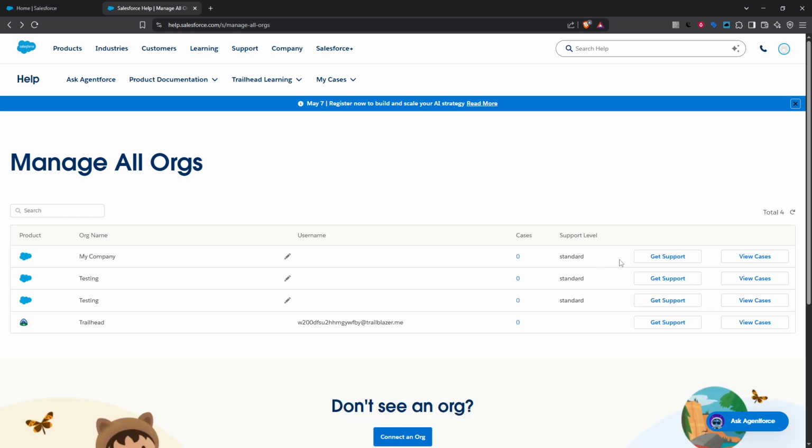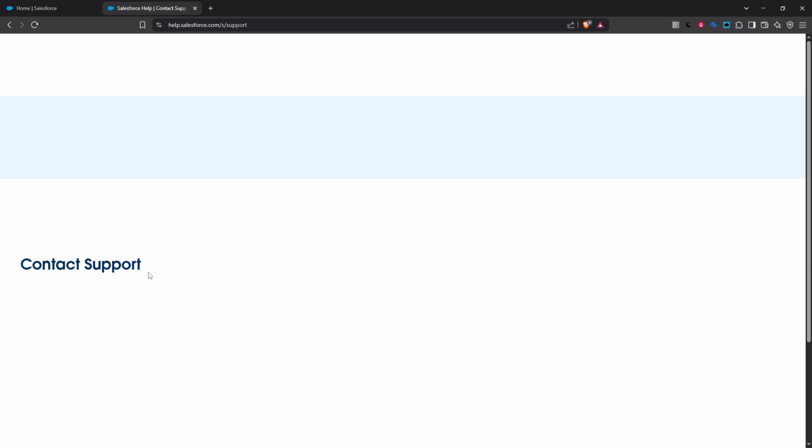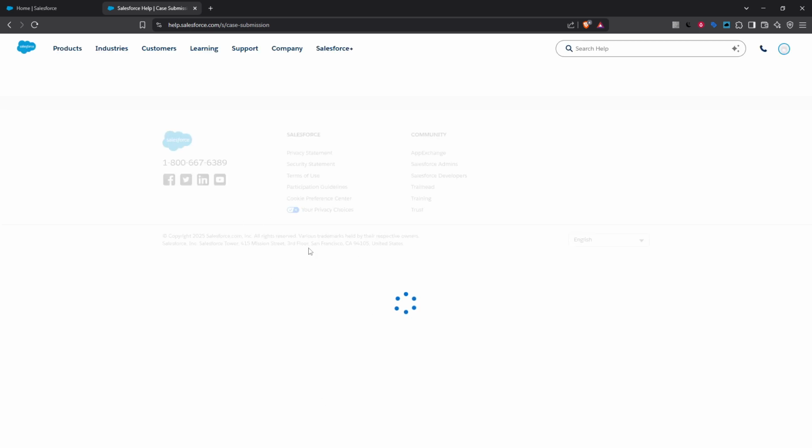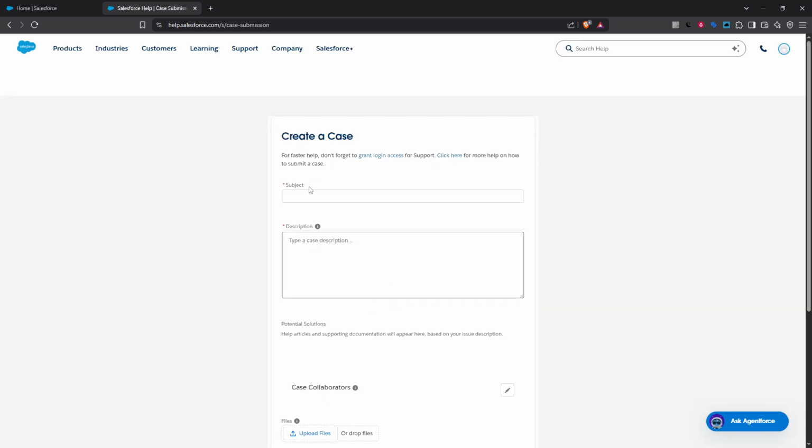Now, as you move forward, you'll be directed to a page where you can click on the Create a Case button. This is the heart of the ticket creation process. Clicking this will open up a form where you can provide the necessary details about your issue. Here, it's essential to enter a clear and concise subject, followed by a detailed description of your case. This information is crucial as it helps the Salesforce support team understand the nature of your issue and how they